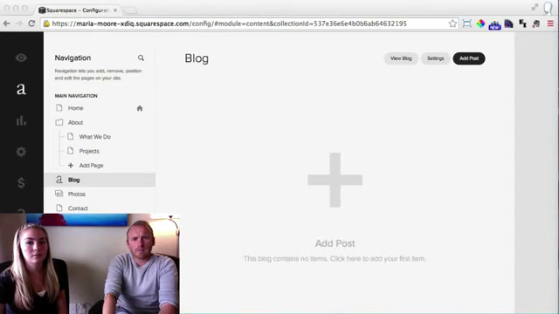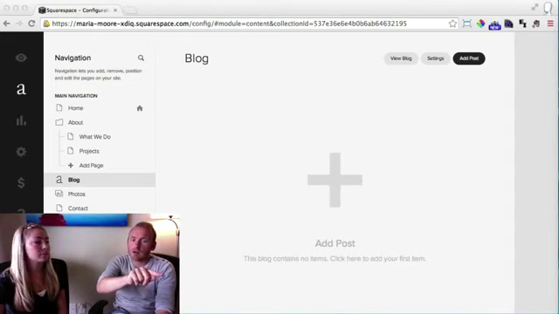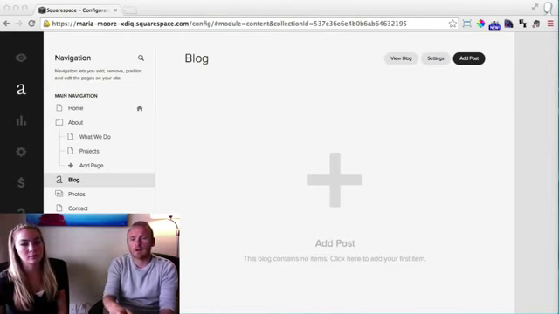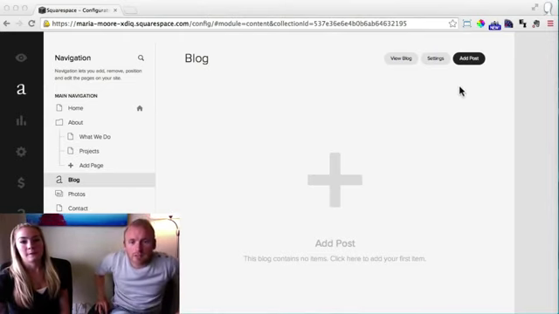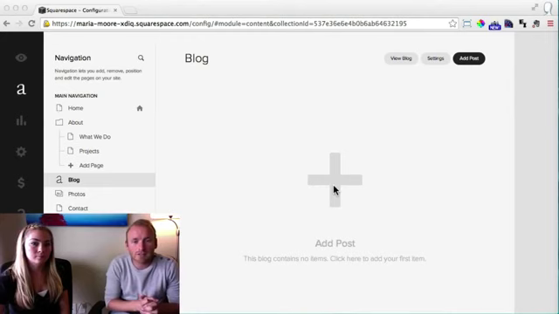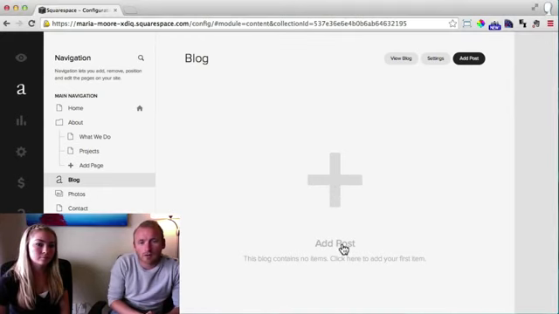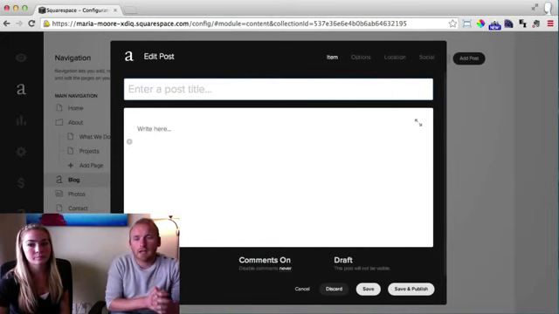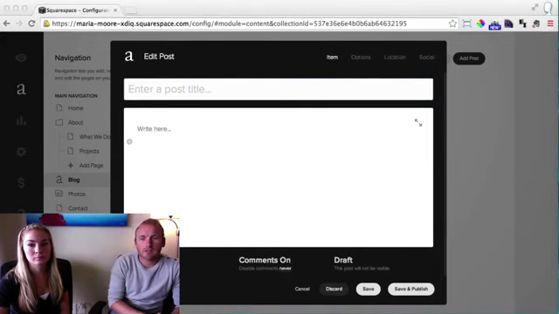Do we have to add a feature image? No. The feature images are on the blog post. And then we'll show you how to turn that into a slideshow. All right, so let's do it. You press on the big plus in the center, or you click on the top right where it says Add Post. All right, and we can just copy and paste in